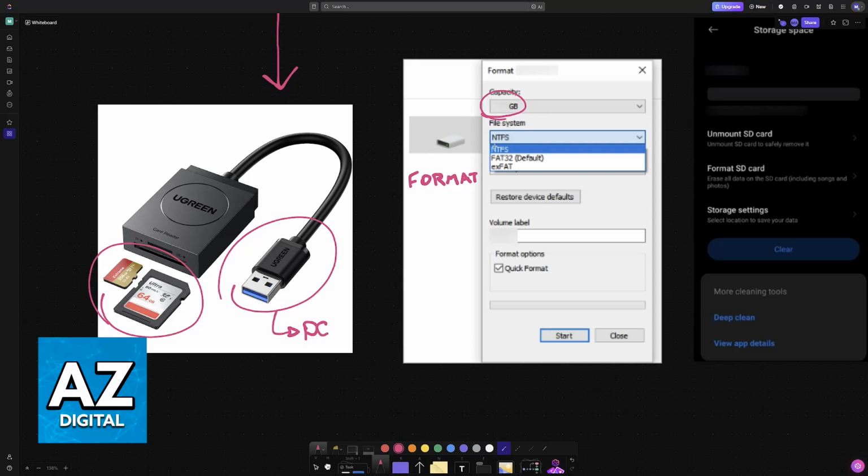So when you right-click and you choose format, you will be able to select it here, make sure that the capacity is matching it up with it. Choose any of these file system. Usually the default one, FAT32, is going to be good enough, and then you can label it whatever you want. I recommend using quick format, which should be selected by default, and with all of this done, just choose the option to start, and after this is done, you can use your SD card.